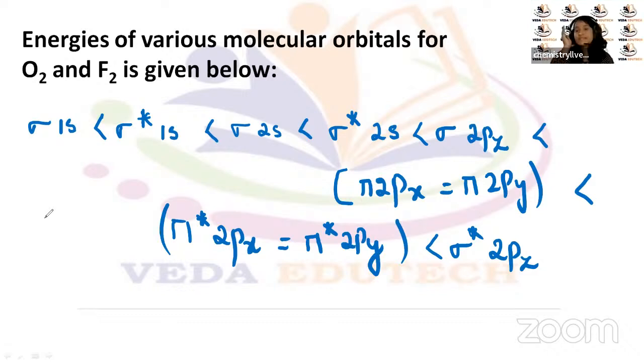एक बारी हम लोग रिवाइज करेंगे, सिग्मा 1s, सिग्मा स्टार 1s, सिग्मा 2s, सिग्मा स्टार 2s, फिर क्या होता है, सिग्मा 2pz आएगा, सिग्मा 2pz के बाद क्या आएगा बच्चे लोग, पाई 2px इक्वल्स टू पाई 2py, फिर पाई स्टार 2px इक्वल्स टू पाई स्टार 2py, फिर सिग्मा स्टार 2pz, ठीक है। जब तुम्हारा दूसरा वाला आएगा, जैसे कि एटॉमिक नंबर 4 5 6, इन सब के लिए सिर्फ ये दोनों एक्सचेंज हो जाएंगे, ये यहाँ पे चला जाएगा, ये यहाँ पे चला जाएगा, बाकी सब बराबर रहेगा, ठीक है।